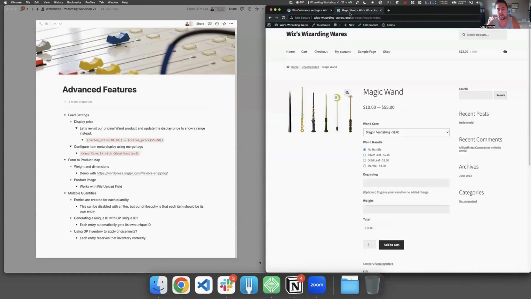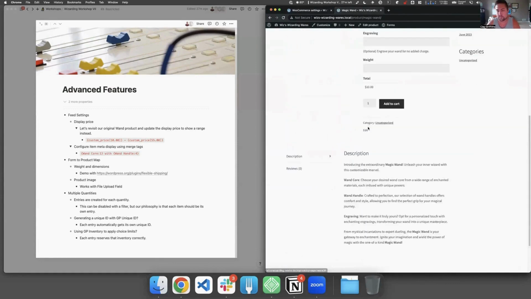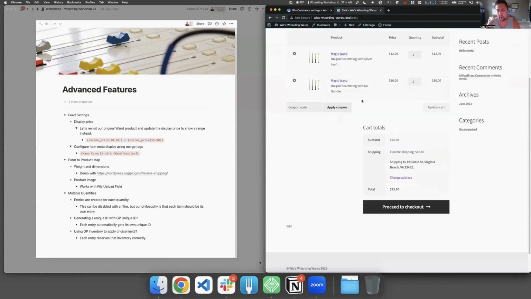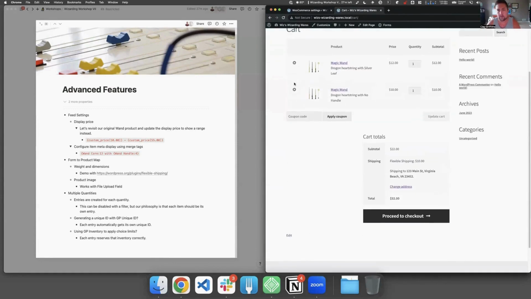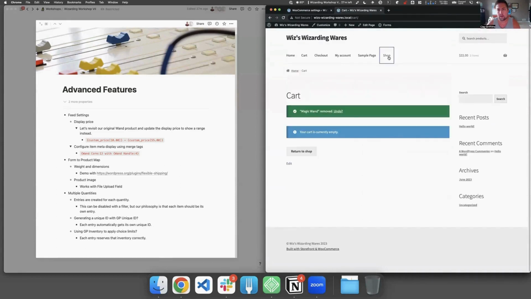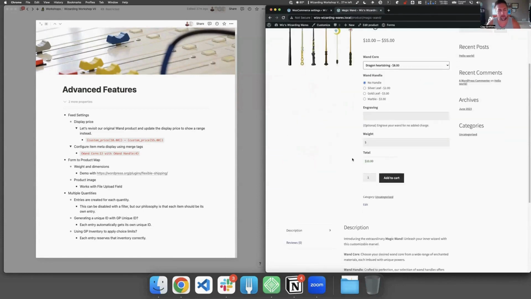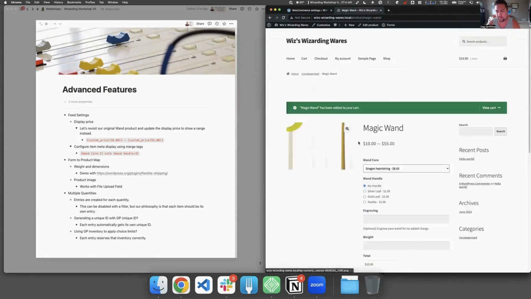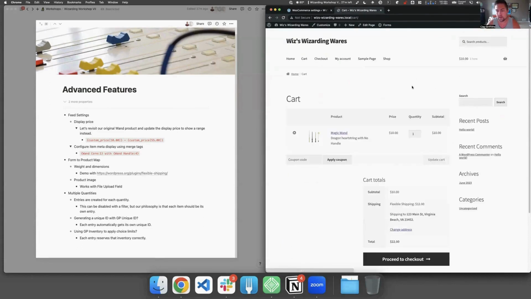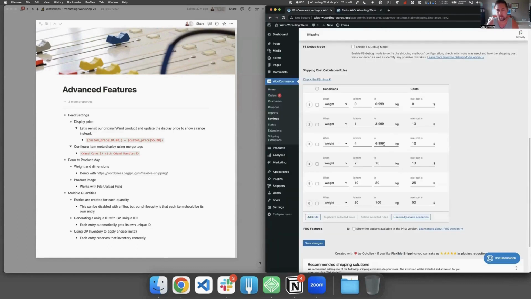So I'll go ahead and just type in 2. I'll add it to the cart. Like this. Just go and type 5 this time. All right, there we go. Flexible shipping, $12, because I entered in a weight of 5 kilograms, which means it's going to be in this